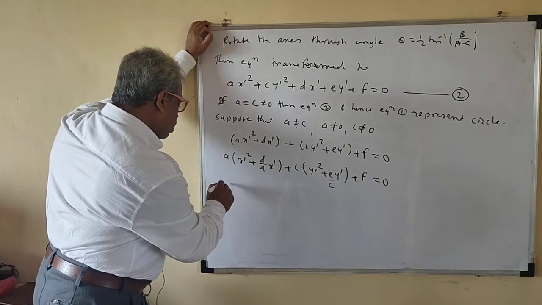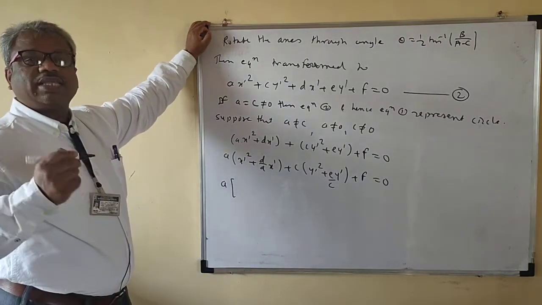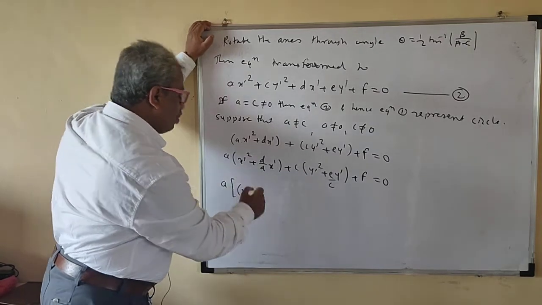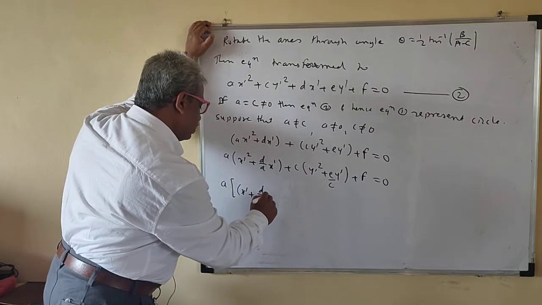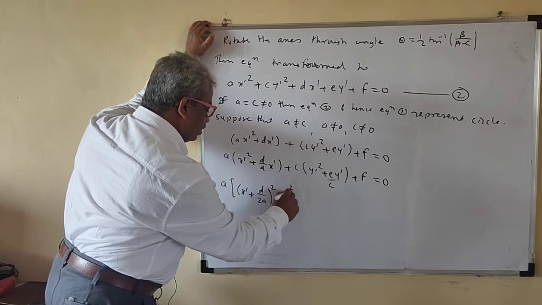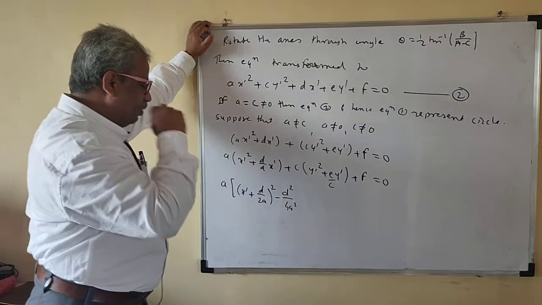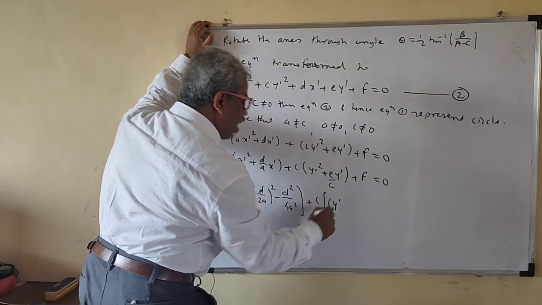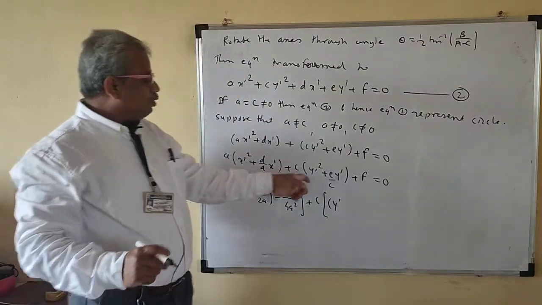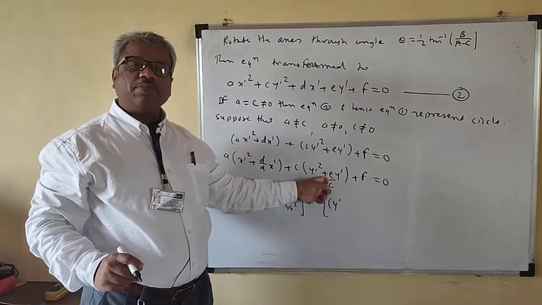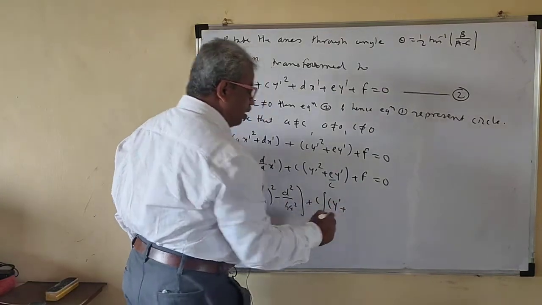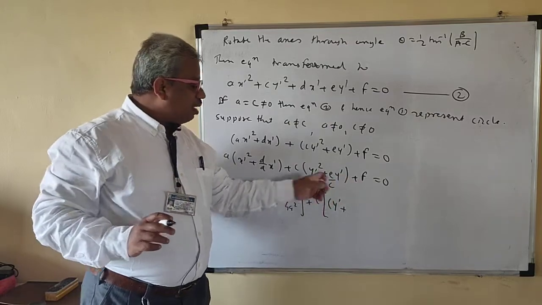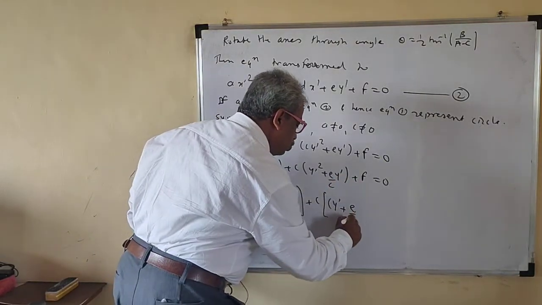So this is a into, I will make this a perfect square now. This is x prime plus, we have to multiply by half, so d upon twice a bracket square minus d square upon 4a square. Plus c into, same thing here, y prime, you have to make a perfect square. Write y prime as y prime, whatever the sign of the middle one is, as it is. If it is minus, write minus here. Then multiply the coefficient of y prime by half, so this is e by 2c.